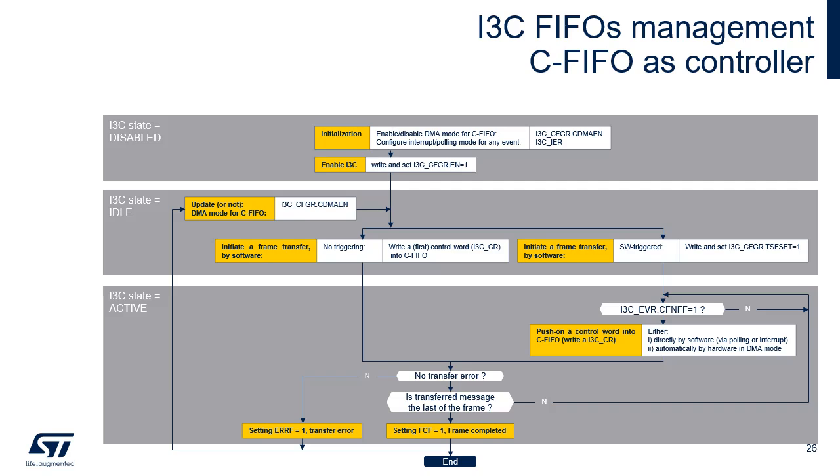The message continues until either an error occurs or it's the last of the frame. The DMA mode for the C-FIFO management can be modified when the I3C peripheral is not in active state. If a transfer error occurs, then the C-FIFO is automatically flushed by the hardware. If C-FIFO is empty and a restart has to be emitted with a new control word, a C-FIFO underrun is